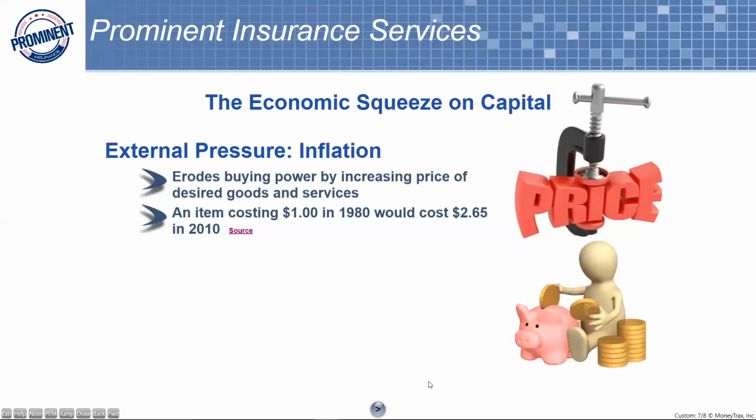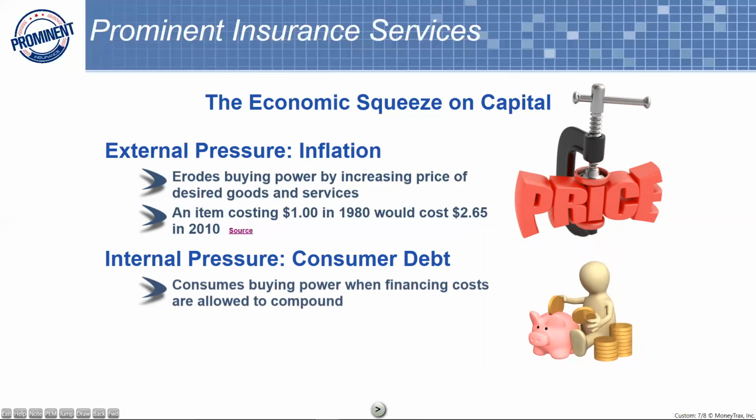So when you go buy that gallon of milk, or that loaf of bread, and you used to pay $2, now it's $5. It's just inflation. The price of goods and services increases where your income may not have. These are the times that we're living in today. And then the internal pressures, the things that we control: consumer debt, consuming buying power, and financing costs that are allowed to compound. So it consumes your buying power,